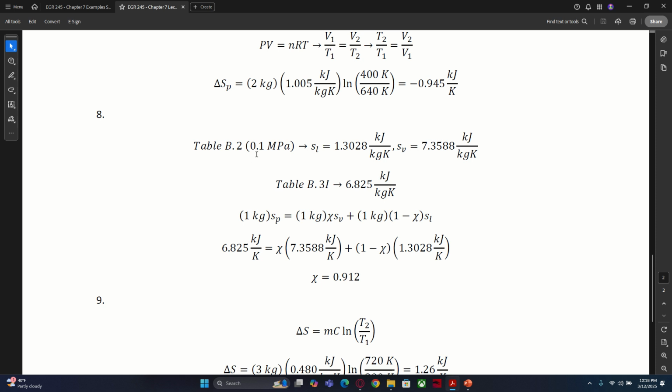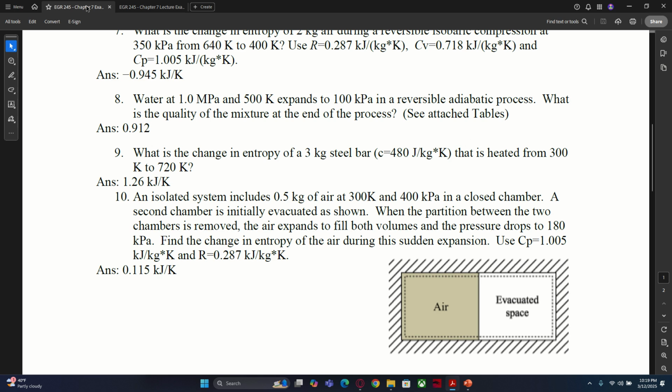So we're going to look for 0.1 megapascals, and we're going to find that the specific entropy for the liquid is 1.3028 kilojoules per kilogram Kelvin, where for the vapor, the specific entropy is 7.3588 kilojoules per kilogram Kelvin. So again, table B2,